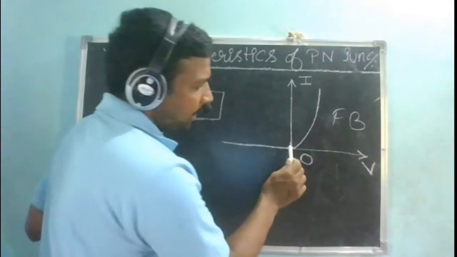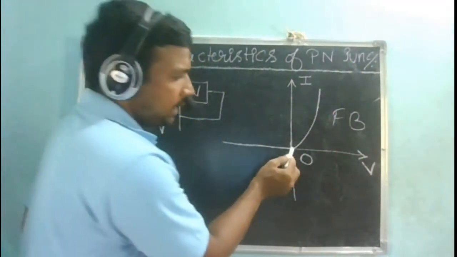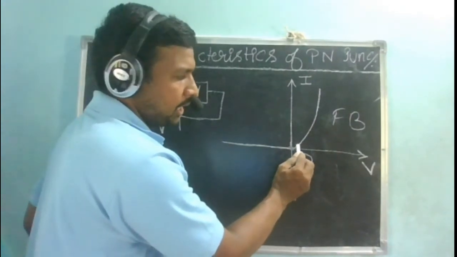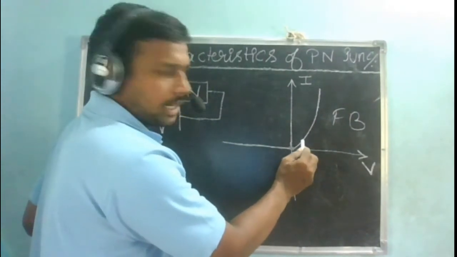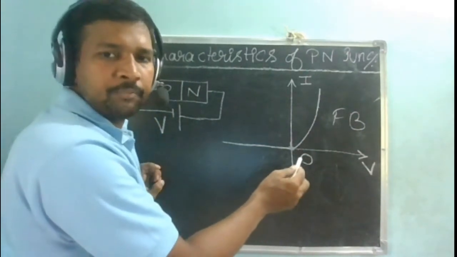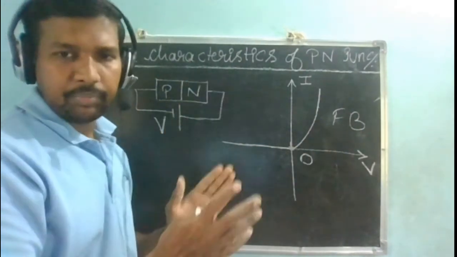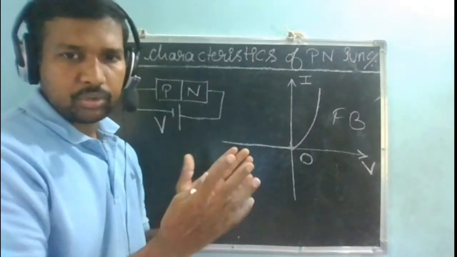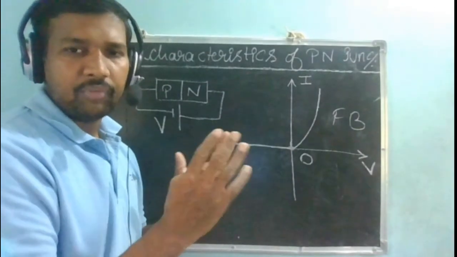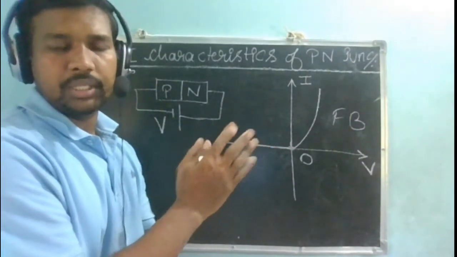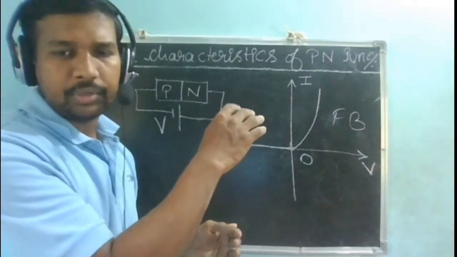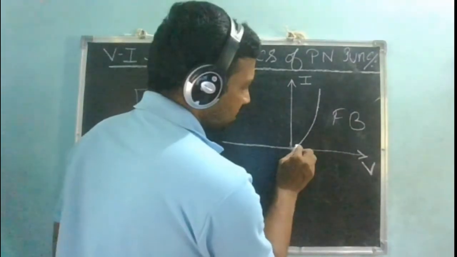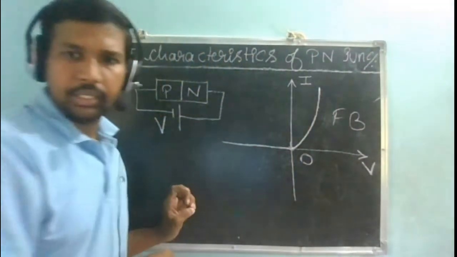Did you understand why my curve is varying like this? Initially voltage is 0, current is 0. When voltage is some small number, current is small. Why is current small initially? Because initially there is a depletion region, and the more voltage you apply, the depletion region starts decreasing. Once the depletion region has completely become 0, there is a full flow of charge carriers across the junction and the current starts increasing exponentially. That is why you see this current behavior in forward bias.